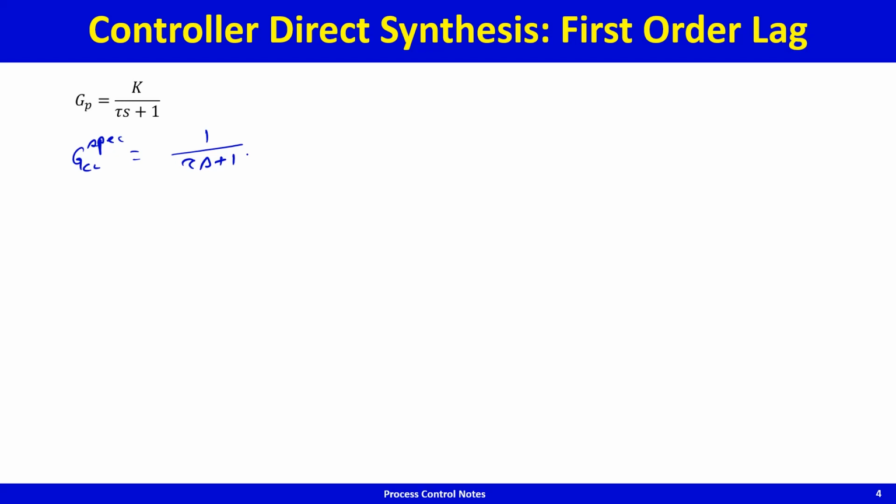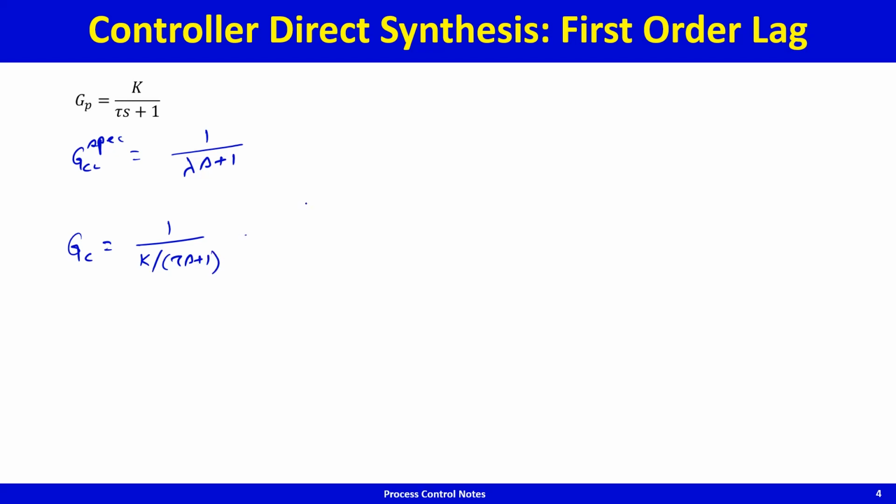So if I want it to be a first order lag with time constant lambda, and lambda is the tuning parameter that determines how aggressive control I want, then GC in this case will turn out to be 1 over k by tau s plus 1